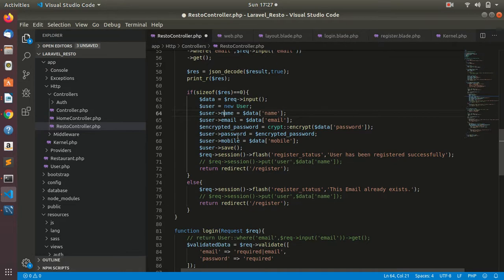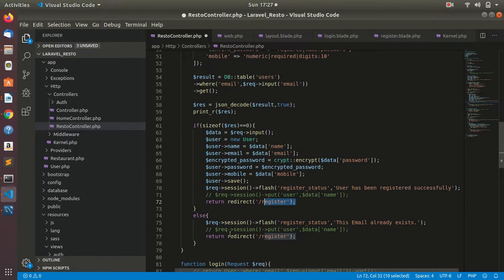And if the user is registered successfully, that is, data is saved successfully in the database, you will get a flash session message: user has been registered successfully. Why are we using flash sessions for providing notifications? Because these are one-time notifications, and flash sessions expire once the page gets refreshed. So it is returning a redirect to register, that is, we are returning back to the register page with that notification. And if we get any error, such as the email already exists, or if there is any validation error, we will redirect to our page with that error message.